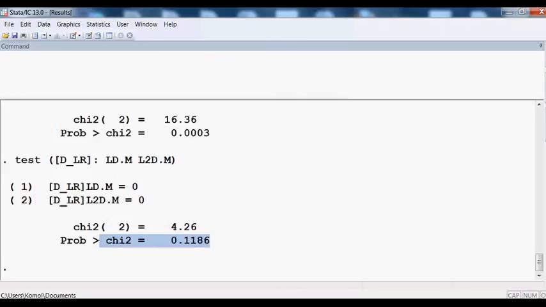So we cannot reject the null hypothesis. Rather, we accept the null hypothesis, meaning that they are 0. LD, these two variables are 0,